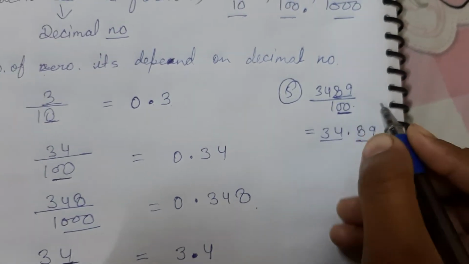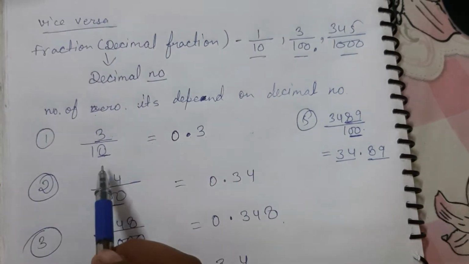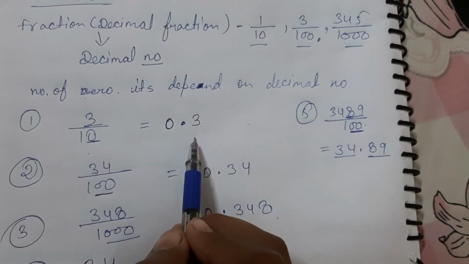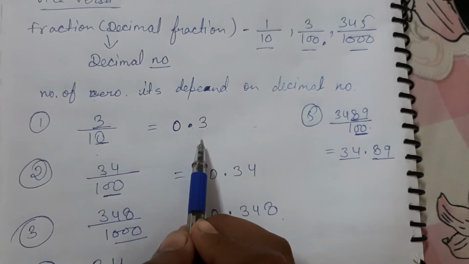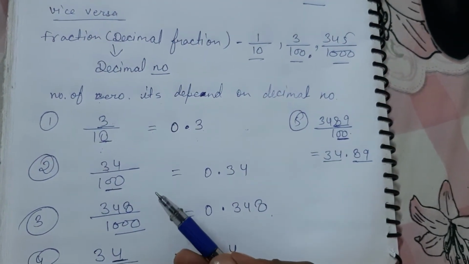Understand now what is a decimal fraction, and how to make this decimal fraction into a decimal number. And now look at our exercise questions. No need to do this type of example for explanation, that's why I am doing it here. One more concept I want to teach you, equivalent fraction.